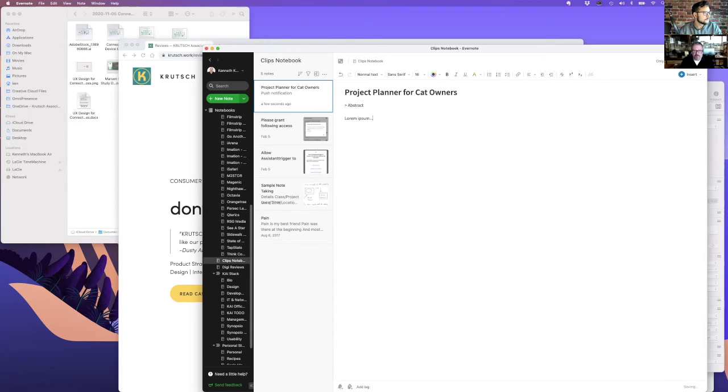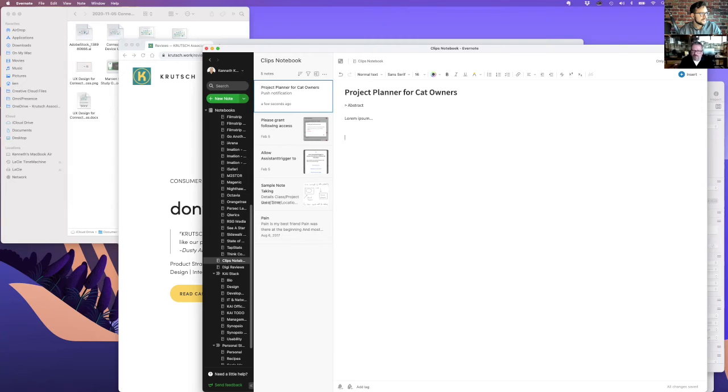Lorem ipsum. I mean, this usually comes from them. They give us some kind of a one pager or a paragraph, or just, I have this idea. We would build some software that would let me do project planning for my cat. And when you say project planner for cat owners, does that mean, like, are you planning projects or